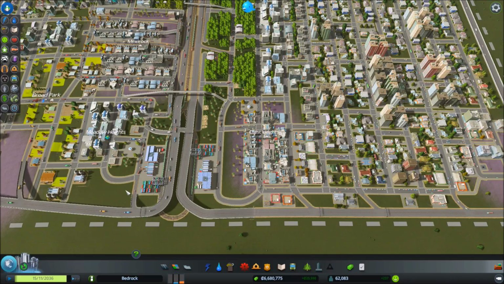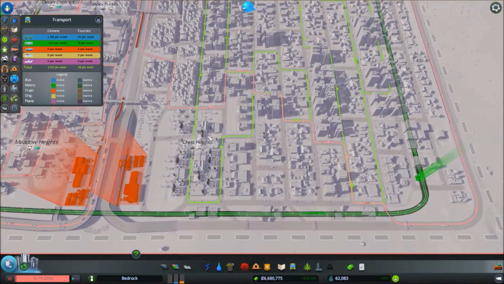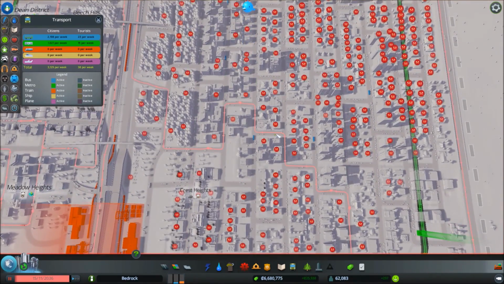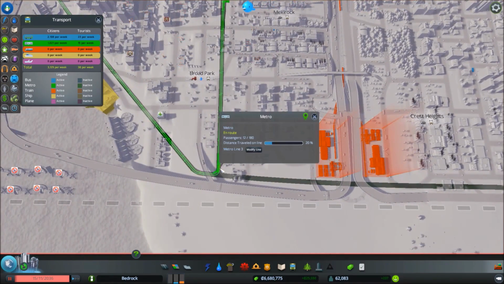Now, first thing I need to do is a quick save before I start bulldozing all these. Well, do you even call it bulldozing? I think it's just called deleting lines. I need to delete all the bus lines and the metro lines that I have previously made, and add a lot more bus stops and metro lines,